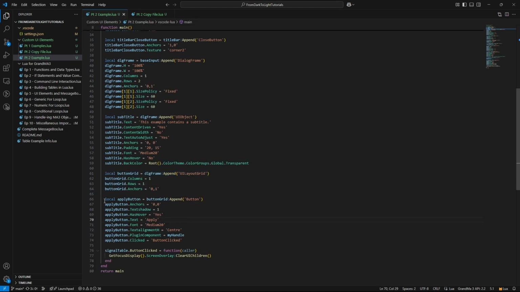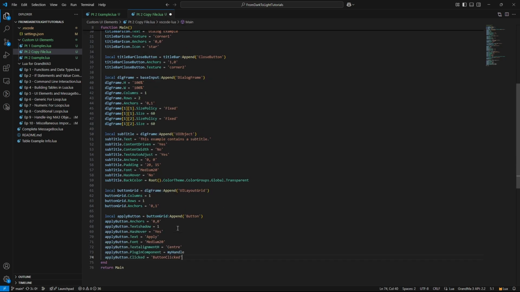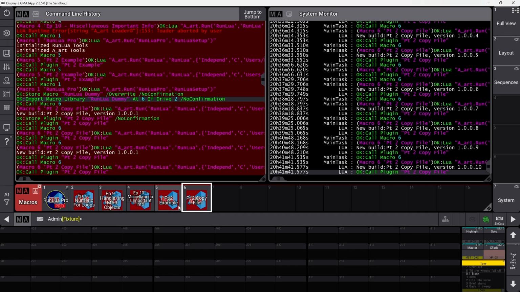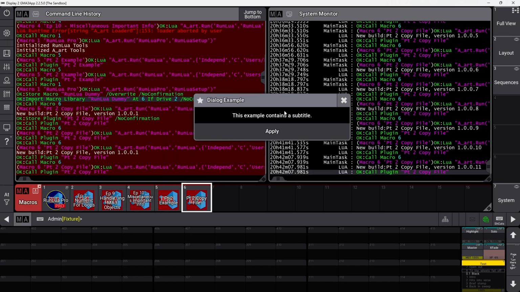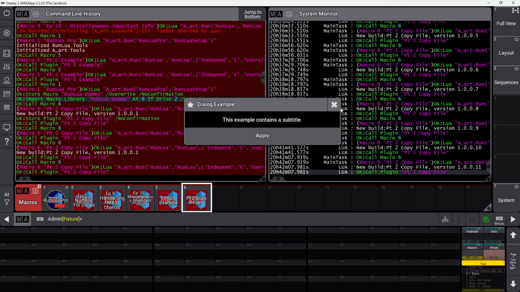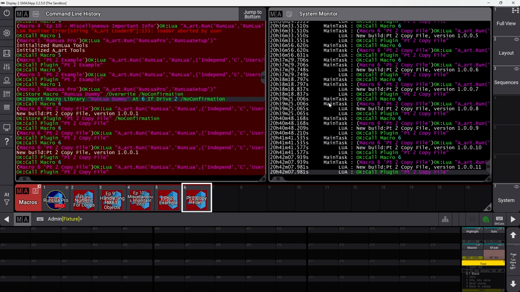Now, on top of this button grid, we can add the apply button, and yay, we have an apply button, but nothing's happening when I click on it. It's just there. That's kind of annoying. I can still close when I hit X. I just realized it's a little dumb that this button says apply because there's nothing to apply. I don't have checkboxes or anything in it. But anyway, there's a button and nothing happens when I click it.